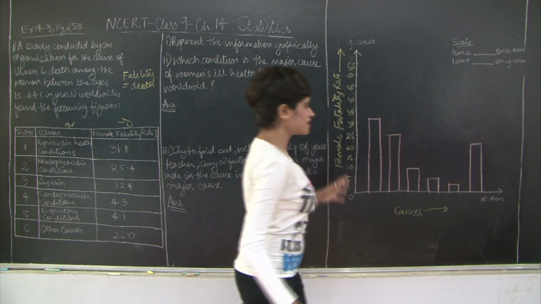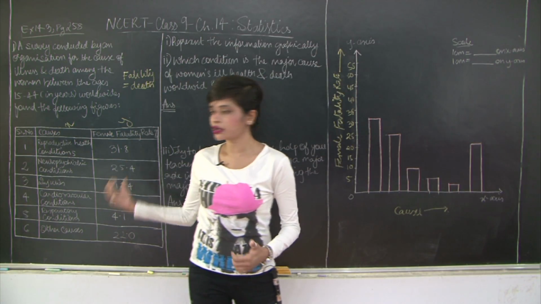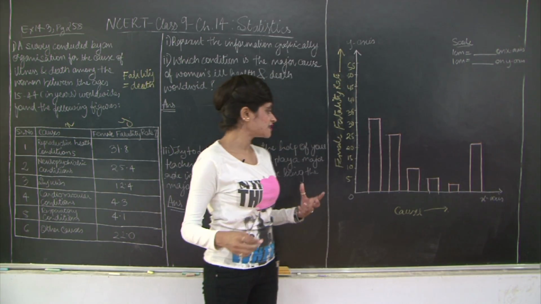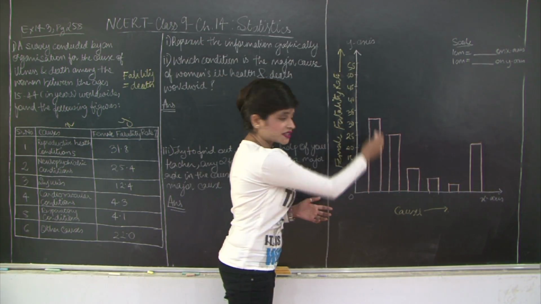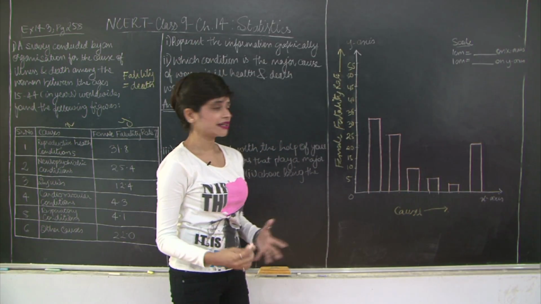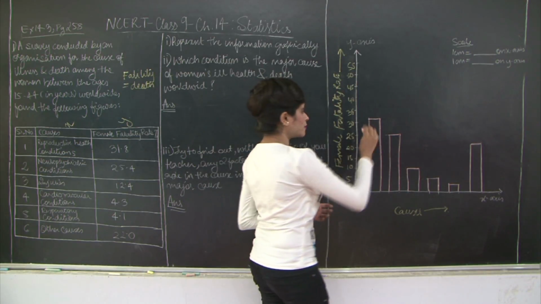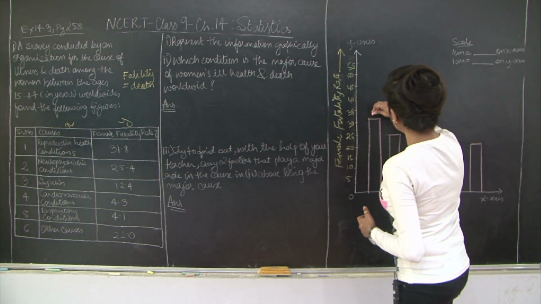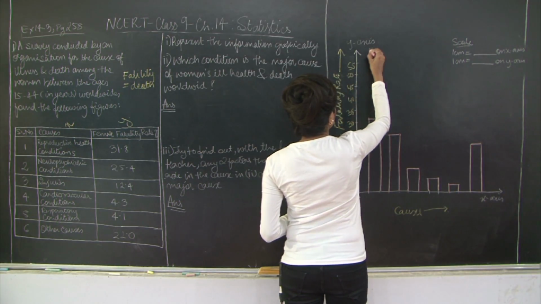So now what we have done is that we have drawn the bars for the given question. Now we need to label these bars according to the categories. So what you can do is you can write the names inside the bars, you can write it at the top, or you can write it at the base, whatever you find convenient. Since we do not have enough space, I am just going to write it on top. So I'll write it this way: